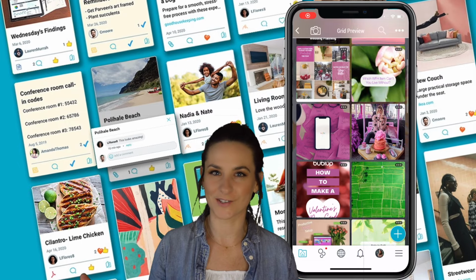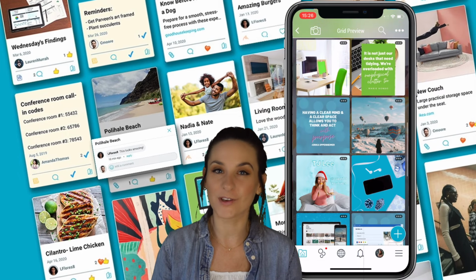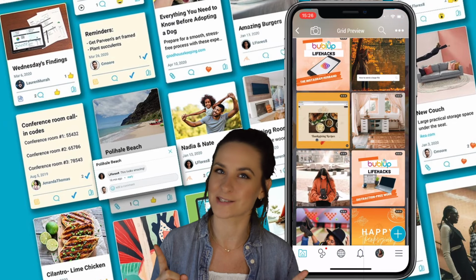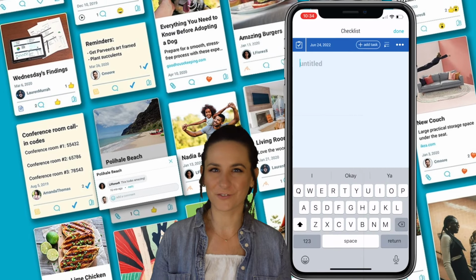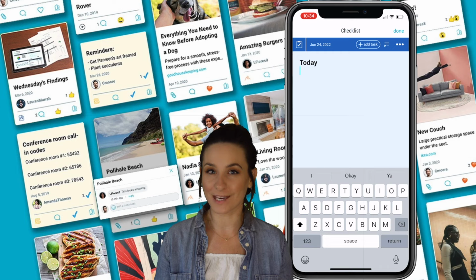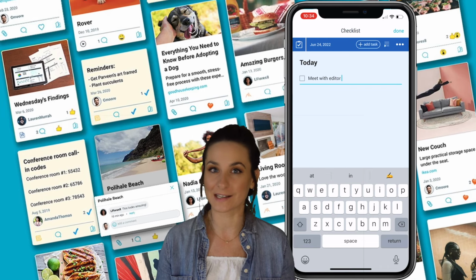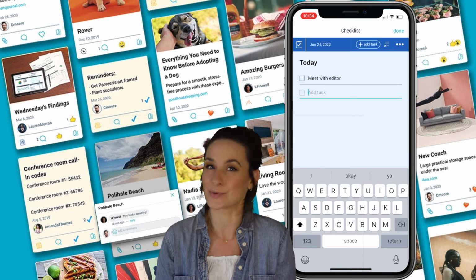You don't have to run your small business alone. With BubbleUp, you can visually manage many aspects of your business and streamline the process. With the help of eye-catching folders that allow you to organize any media type, and features like checklists, roles, and shareable links, your business will be running smoother than ever.